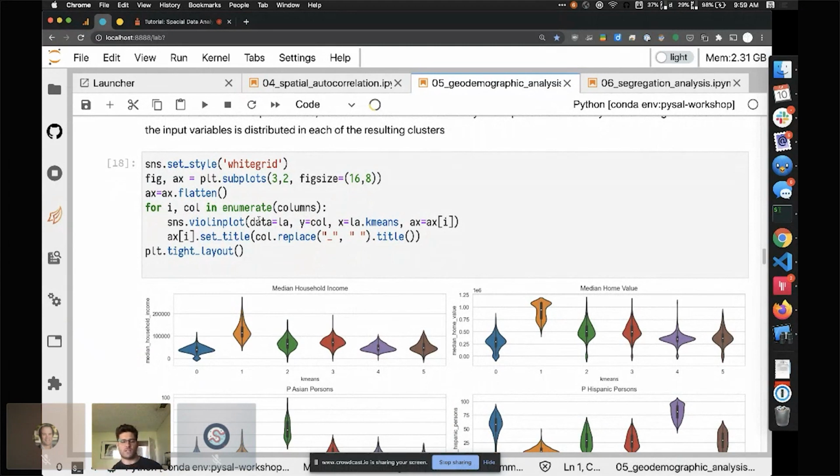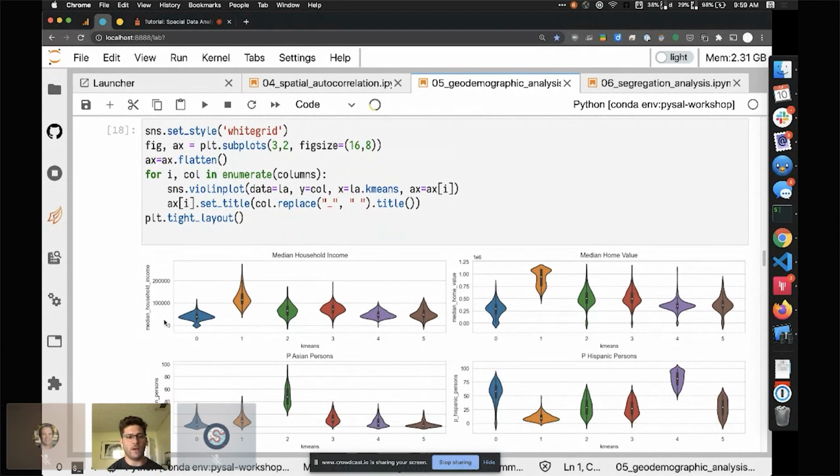And these are basically just a kernel density distribution rotated on its side. And so we've got the box plot superimposed over the distribution for each variable. And these are a really good way of trying to understand how the clusters differentiate from one another. Ideally, the cluster values are here on the X and the value of the variables on the Y. And what we want to understand here is how much vertical separation there is between these different distributions. Ideally, as we move through the different clusters, we want there to be a good amount of separation here so that we know that we've got a good, solid,